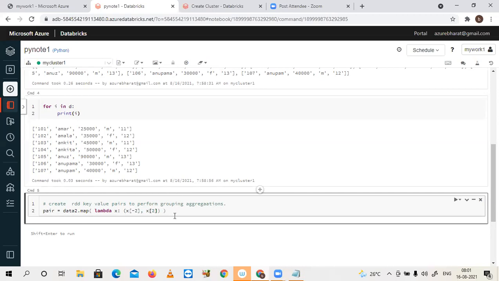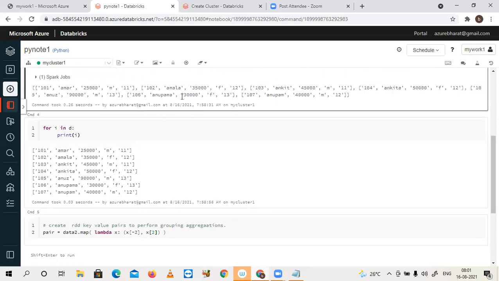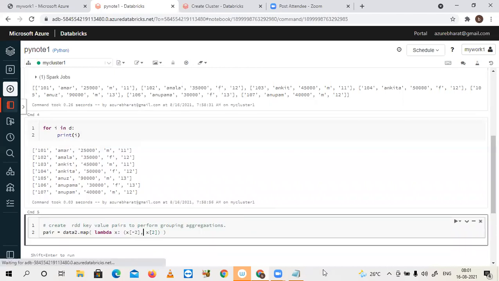On salary, you want to perform some computation like sum of salary or average of salary. But if you observe this output, the salary 30,000 is in string format. That's why you need to convert it into integer or float. I'm converting this for now into integer.